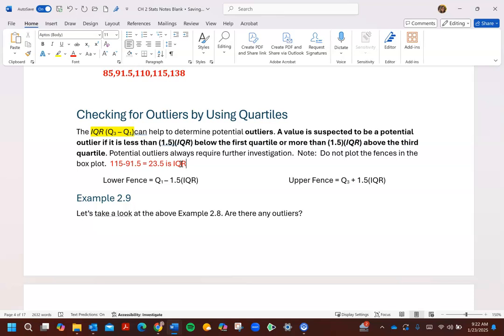Okay, and the next thing we want to figure out is 1.5 times that, so we can get what we have to subtract off and what we have to add on. So we have 23.5 times 1.5 is what we're going to figure out here. And we get 35.25. So that is not the answer. The answer would be